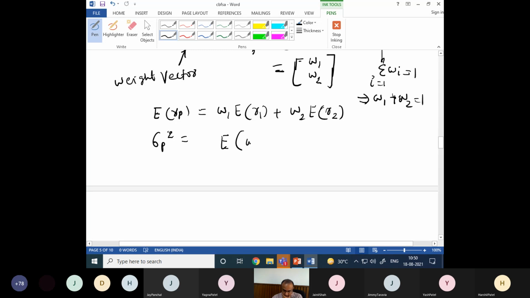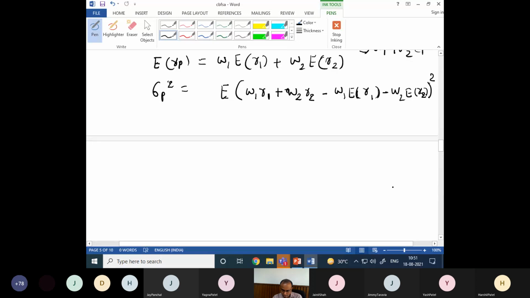It is written on the portfolio that depends on the weight and the return. So it is a weighted average. So all these terms are very important. So W1 R1 plus W2 R2 minus W1 E of R1 minus W2 E of R2. And now I will play with the characteristics of this expectation operator. And remember, I use the linearity and other properties of this expectation operator. And linearity we all know how to utilize.